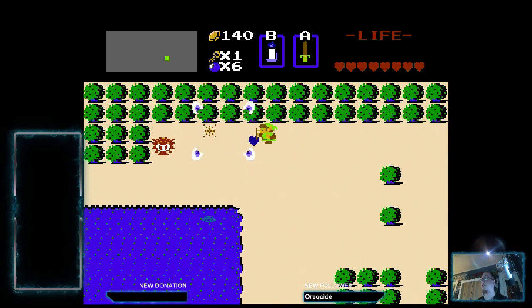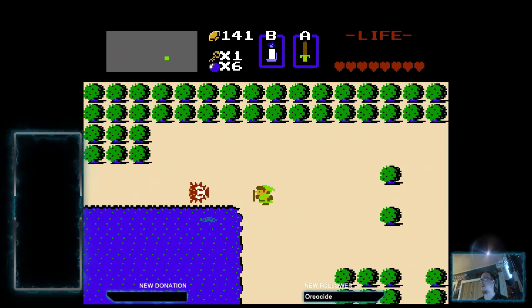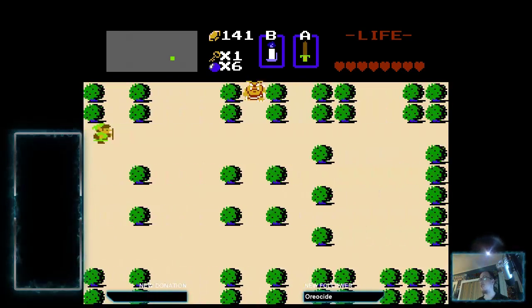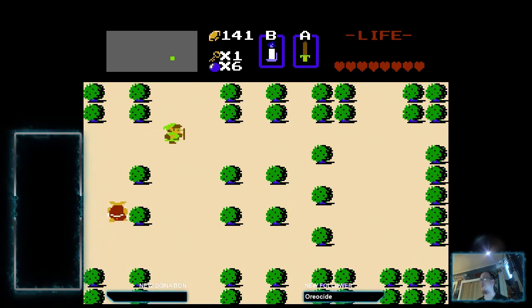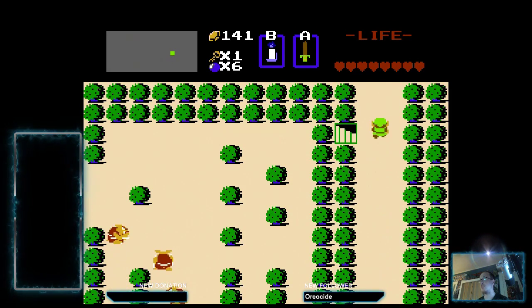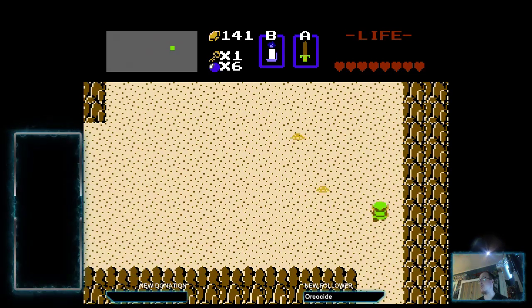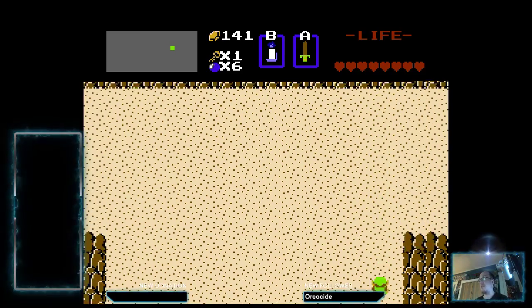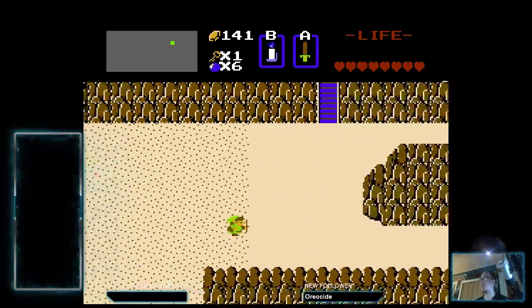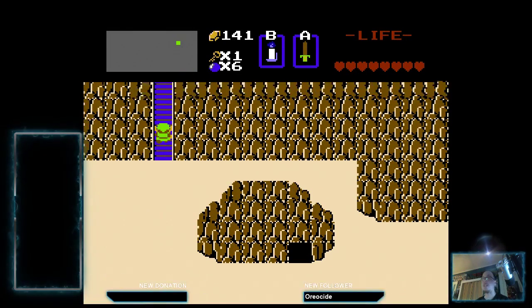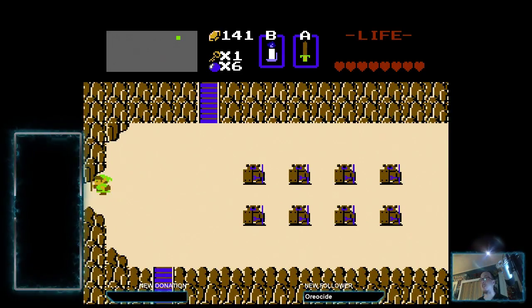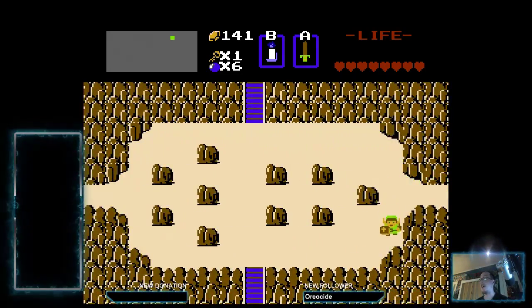I'm going to need to marathon this game so many times if I actually want to do it better. But now that I think about it, how about we wait before we go to the next dungeon and actually go get that white sword now. Because we need a stronger sword to get through the next location, because there are going to be dark nuts inside that dungeon. Ugh, not looking forward to it. Dark nuts are one of the banes of anybody's existence, whoever plays the original Legend of Zelda. Them, as well as